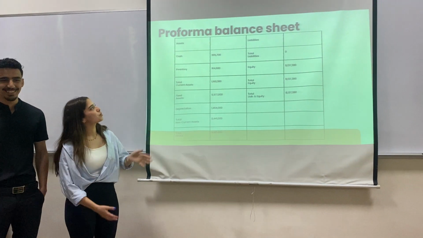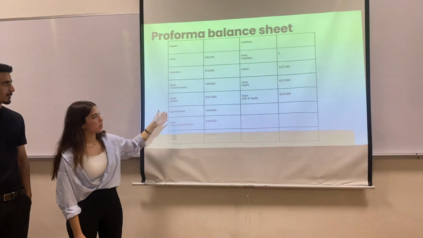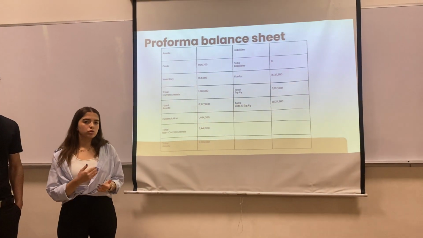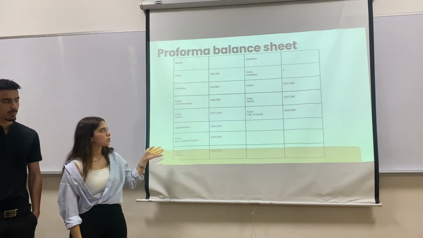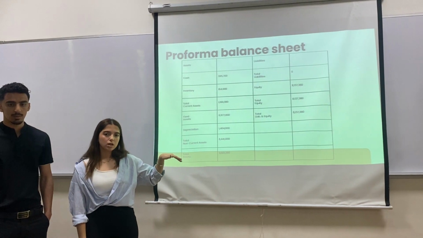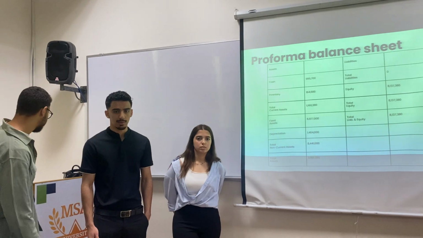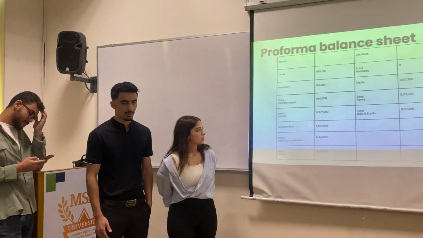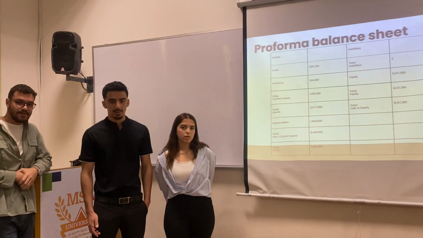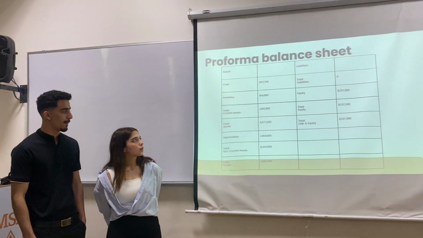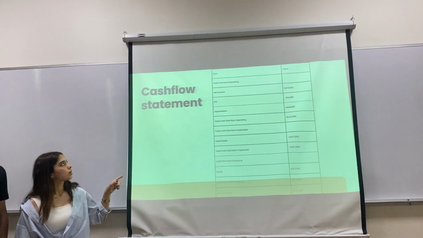Okay, for the pro forma balance sheet, these are our assets and our liabilities. What is your financial position? We don't need to finance more money because our assets are larger than our liabilities, and we didn't take a loan. What is the financial position for the pro forma balance sheet? Profitability ratio. I need the profitability ratio. We didn't include it here. Okay, cash flow, please.